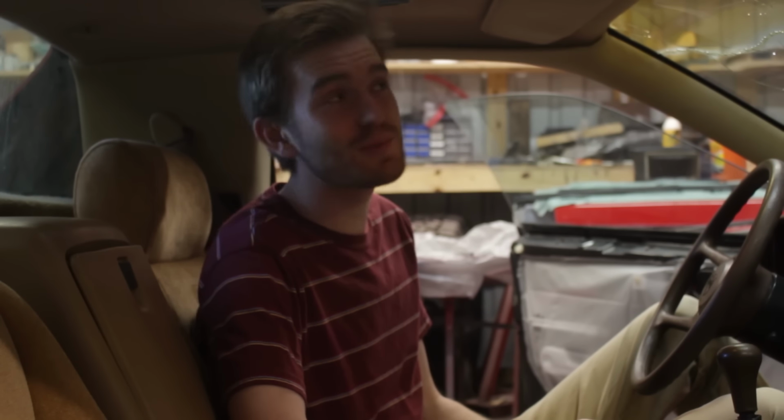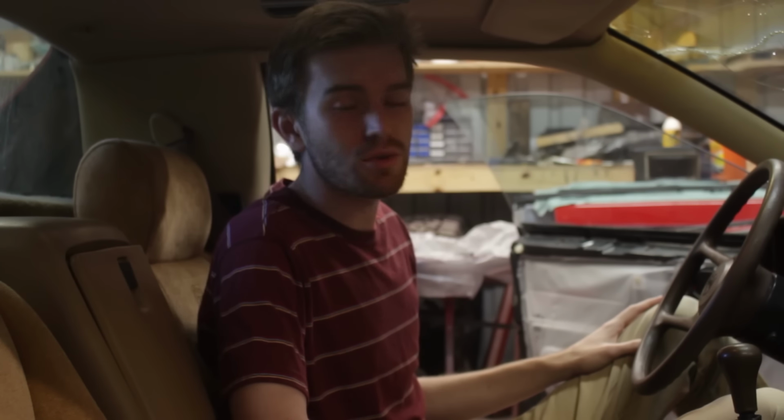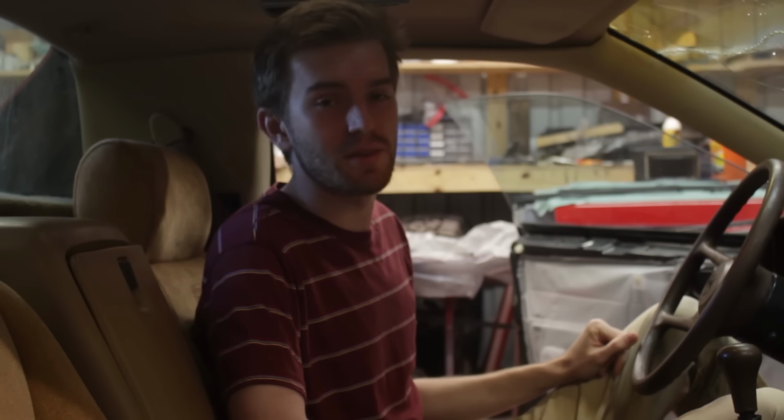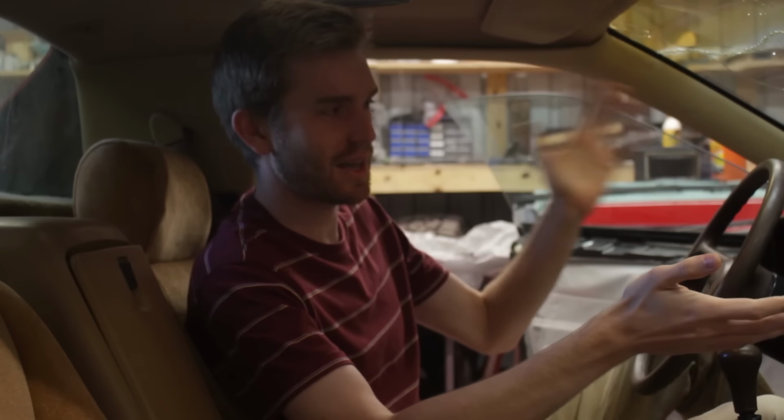I am super excited, super happy that the interior is more or less back together. There's still a few things to do, obviously, but overall, it's back together. The biggest thing I'm happy about is actually just the roof being back on with the sunroof. Everything with the vapor barriers in the doors is now sealed up. So like, if I had to move the Fiero out of the barn for whatever reason and it happened to rain that day or night, I wouldn't have to worry about any of the interior getting ruined along with anything